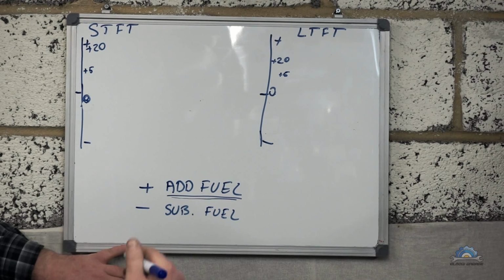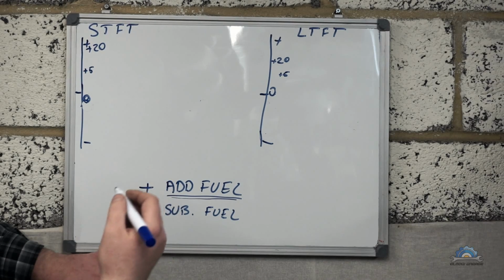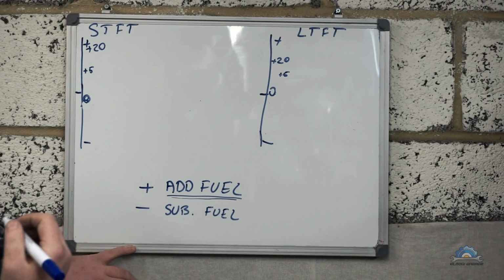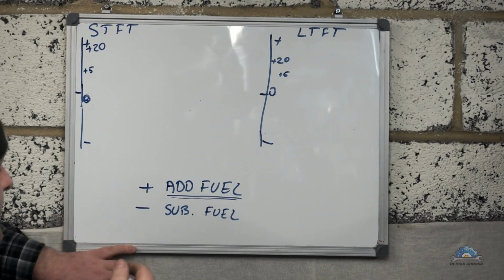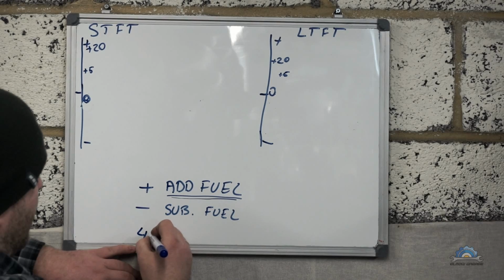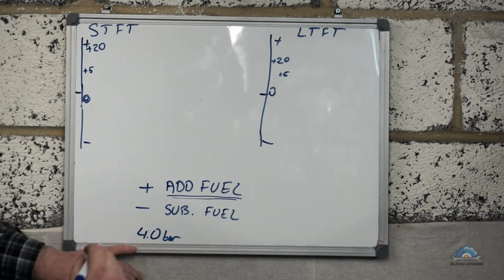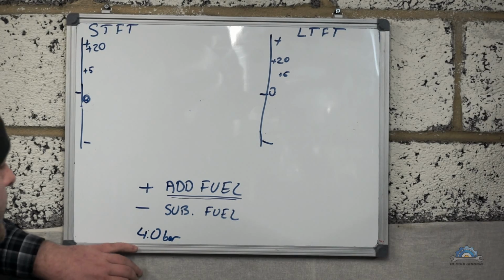We got no vacuum to pull the diaphragm, and the fuel is not returning to the fuel tank, it's kept inside the fuel rail, which is raising the fuel pressure inside the injectors. Injectors are basically adding more fuel. The pressure is around, for example, 4 bars instead of 3.5. So we got more fuel going into the